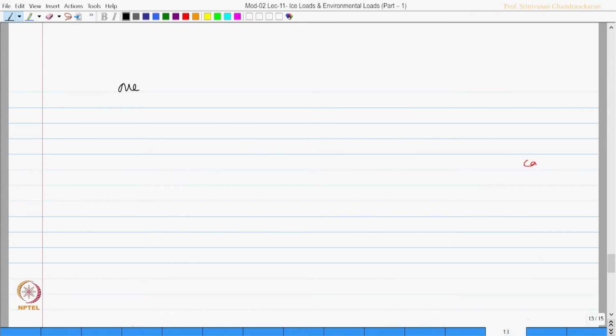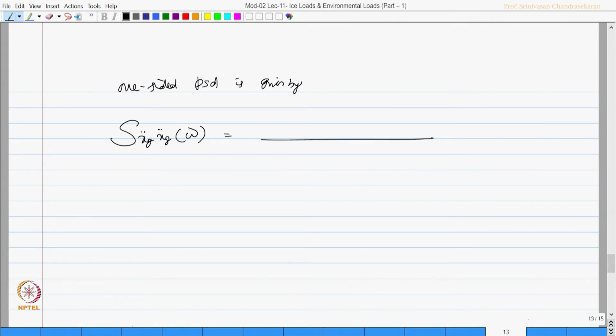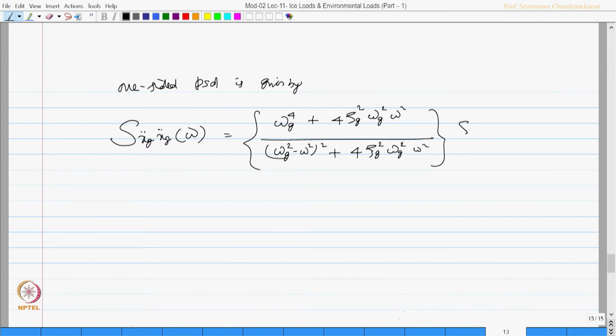The one sided power spectral density function is given by S x double dot g of omega is omega g to the power 4 plus 4 zeta g square omega g square omega square by omega g square minus omega square the whole square plus 4 zeta g square omega g square of S 0,